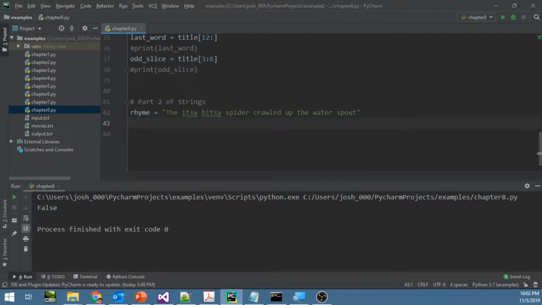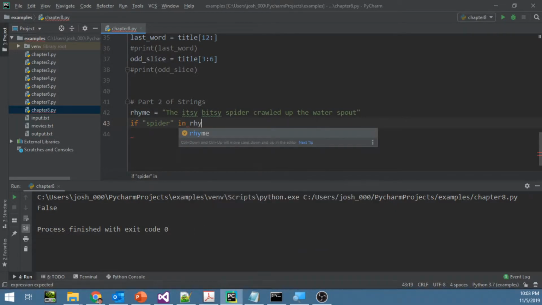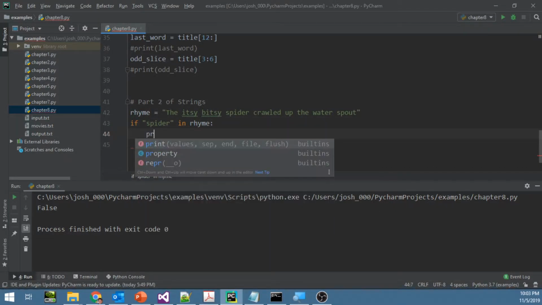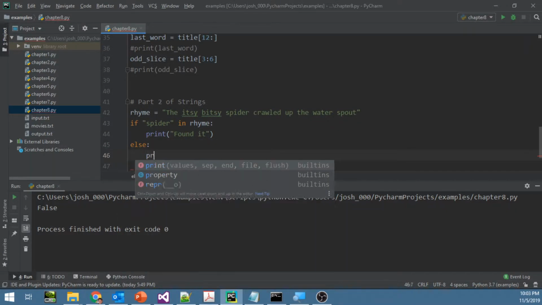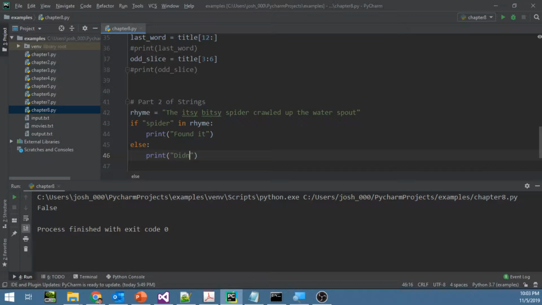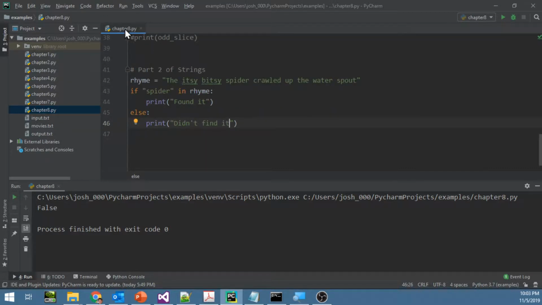We can do "in". We can test and see if something is in or not in a string. So we can say if spider in rhyme, then we want to say, hey, we found it. Otherwise, we'll say didn't find it. And this works exactly like what you think. If we run this,